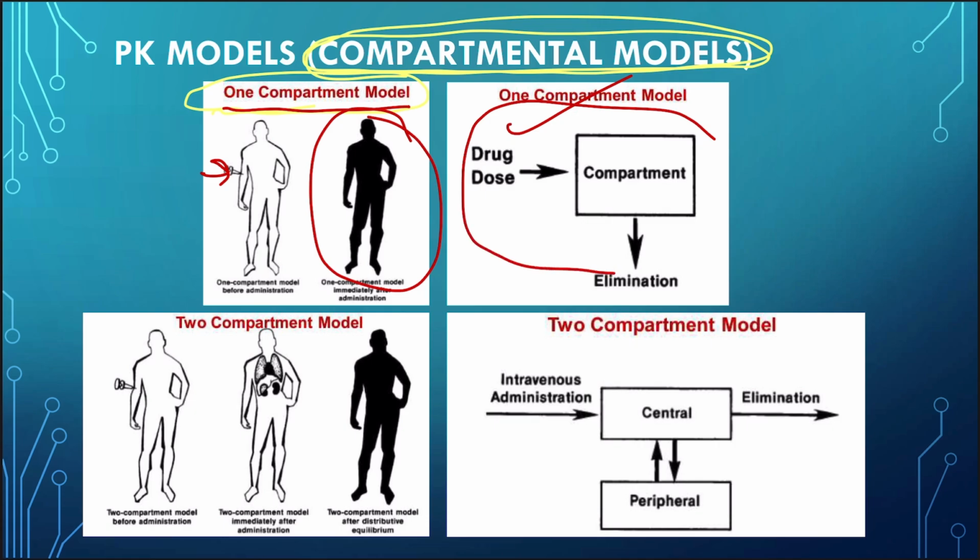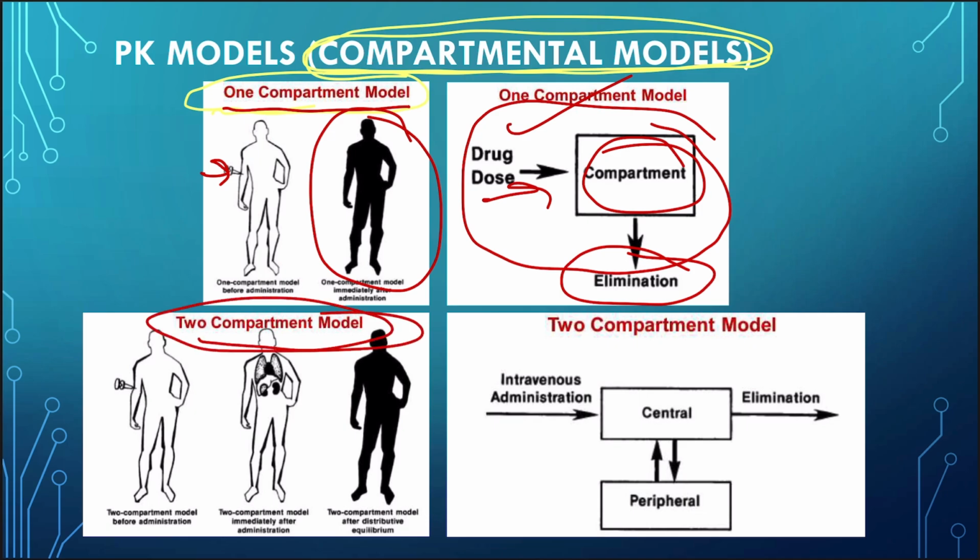As you can see from the diagram, the drug dose is given into the compartment, and from that single compartment only the elimination of the drug occurs. The next is the two compartment model. In the two compartment model, whenever we give the drug by the intravenous route, as you can see here,